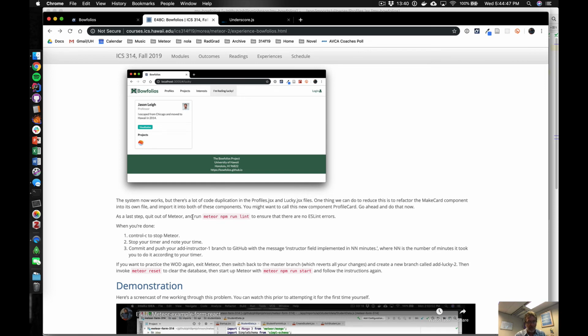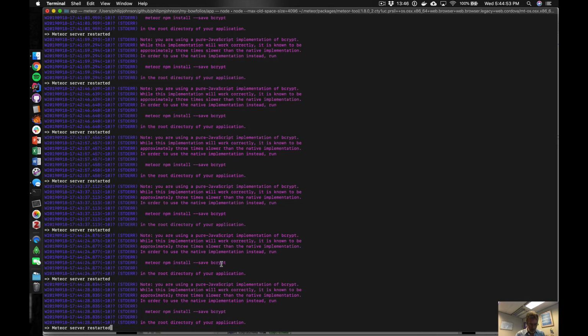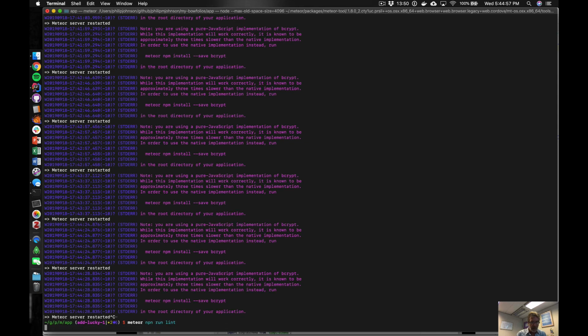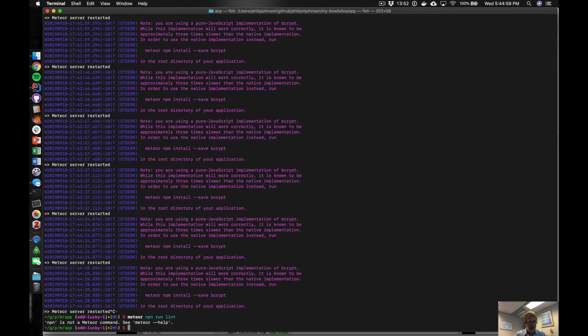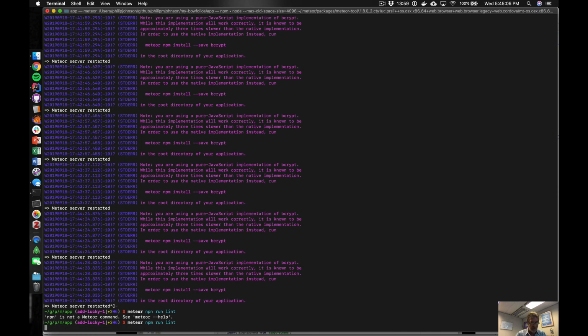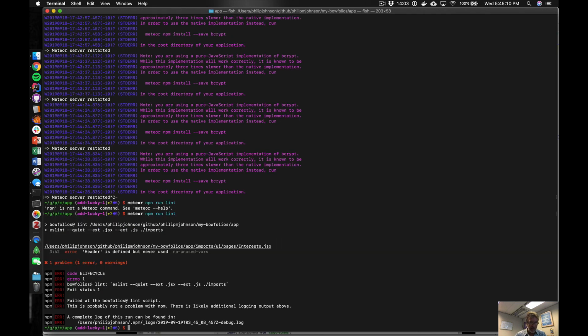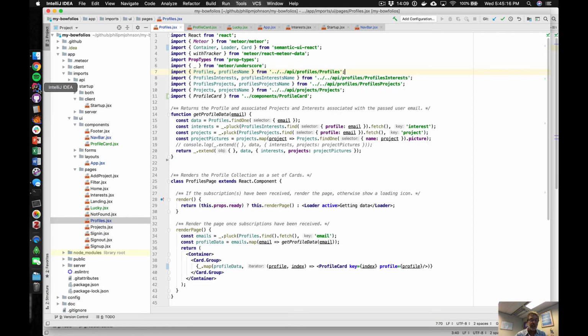So the last step: quit out of Meteor and run meteor npm run lint. Okay. So we'll go back to the terminal. Go to meteor npm run lint just to make sure that we've gotten rid of all our errors. Oh my goodness, there is an error. Header is defined but never used in interest.jsx. And you know what? That actually turns out to be